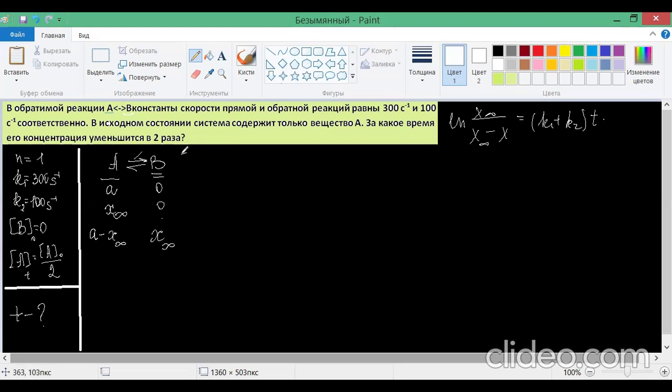In other words, we can write that the concentration of A at the state of equilibrium is equal to A minus X equilibrium, while the concentration of B at the state of equilibrium is equal to X equilibrium, okay? We also remember that the equilibrium constant in this particular case is equal to the concentration of B at the state of equilibrium divided by the concentration of A at the state of equilibrium,